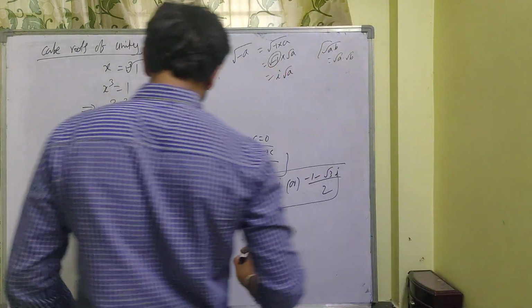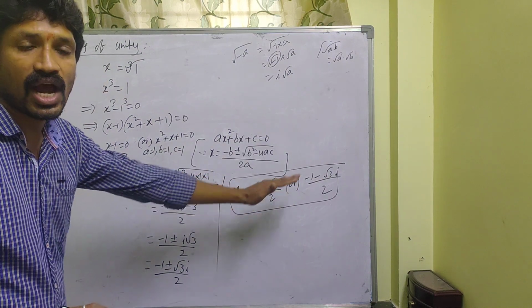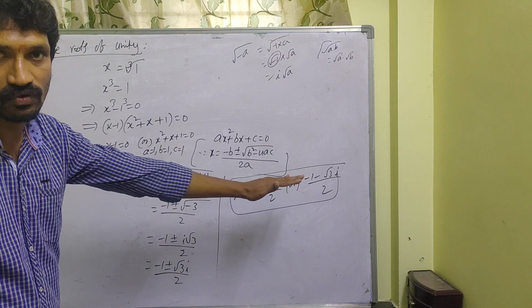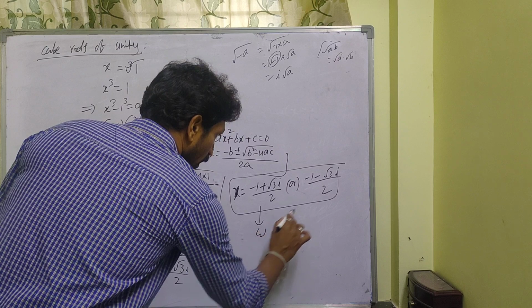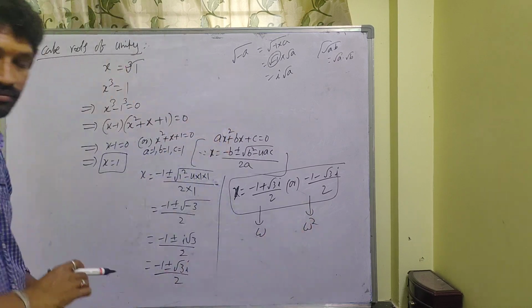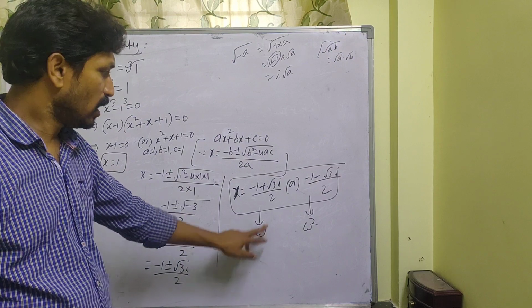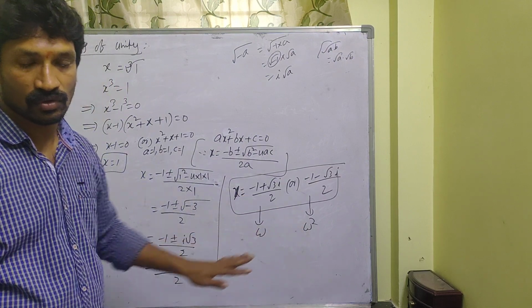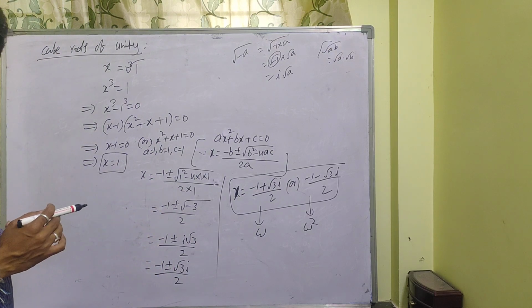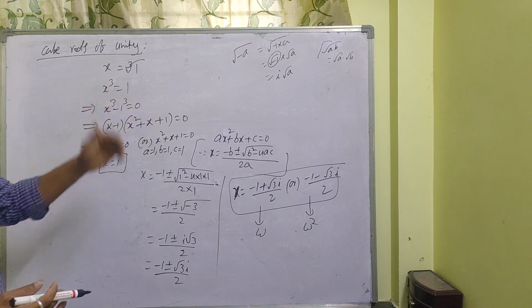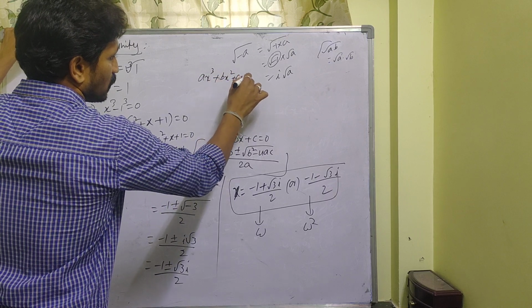Just remember, here these roots are denoted with omega and omega square. If you have this one, this is omega, this is omega square. You don't call it w, it is omega. Omega, and this is omega square. Clear? Is it clear? So in 10th class we have one small concept, the sum of the roots. Already I discussed it in previous videos. Whenever you have ax cube plus bx square plus cx plus d is equal to 0.